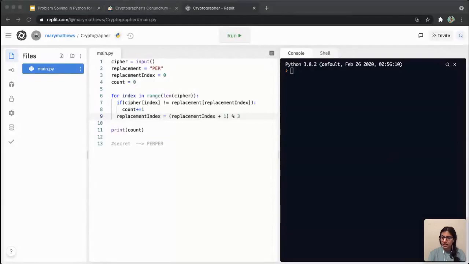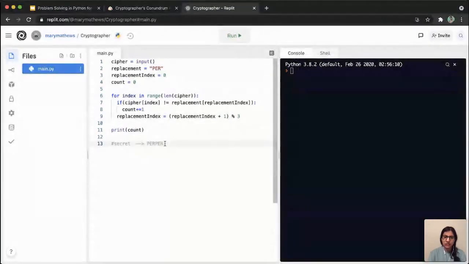Okay, any questions about this? I saw a good question here, which is in variable replacement, can we give this itself? So you can't hard code, you can't directly give PER, because you don't know how many times you're going to need it at the start. But what you can do is check how many times you'll need it by counting the length of your string and then do something like this. So that is definitely one approach which you can try if you want.